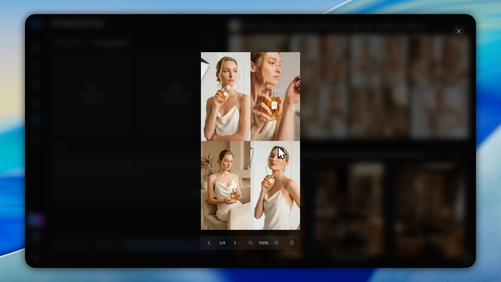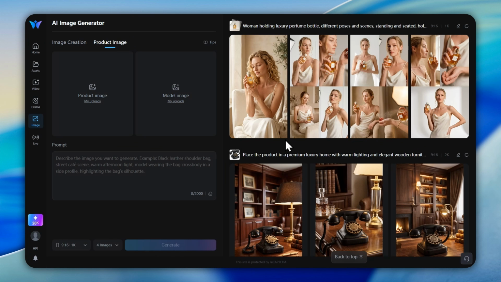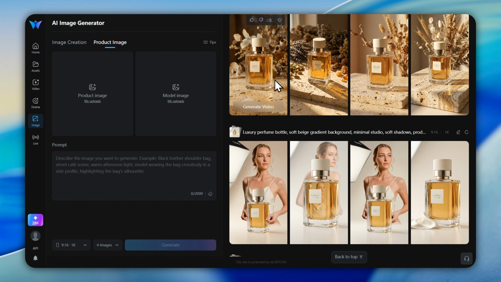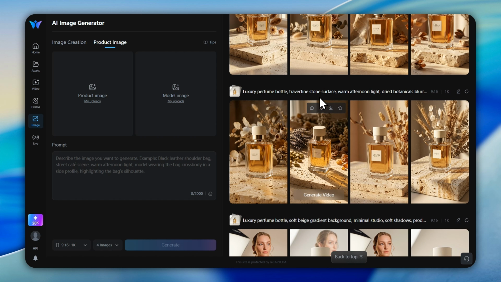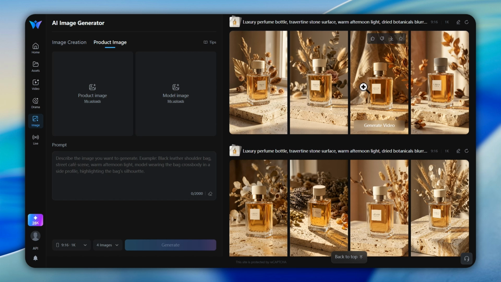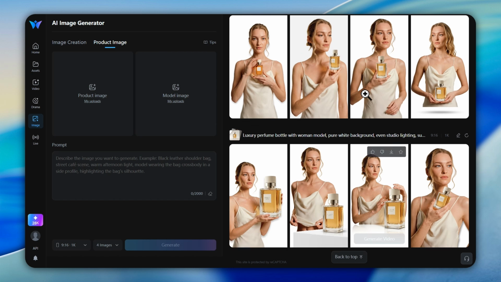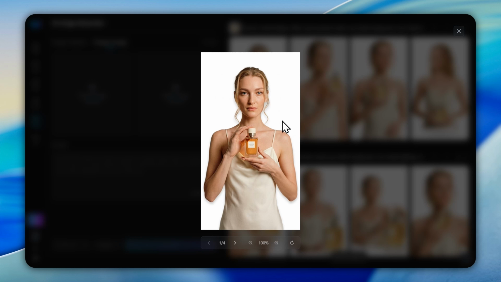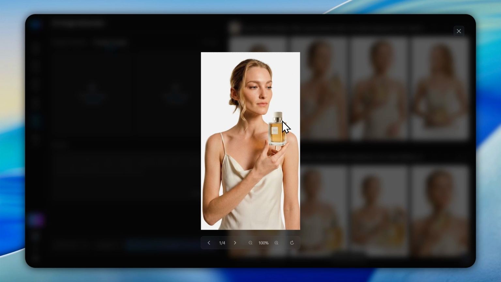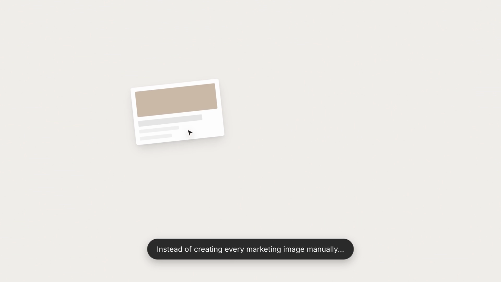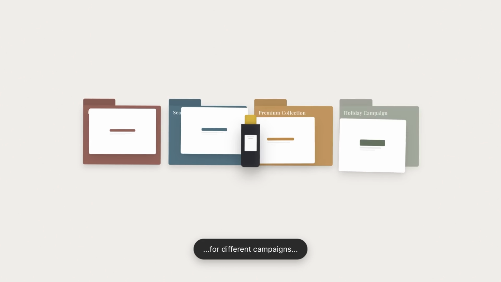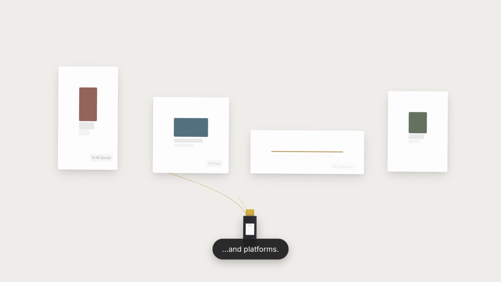It also makes it easy to refresh your marketing creatives. You can change backgrounds, create different environments, or generate clean, white background product images while keeping the product itself consistent. For anyone selling on platforms like Amazon, TikTok Shop, Shopify, or their own online store, this can be a huge time saver. Instead of creating every marketing image manually, you can quickly generate multiple product visuals for different campaigns and